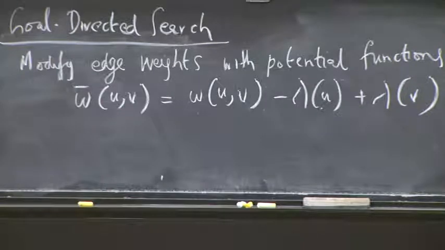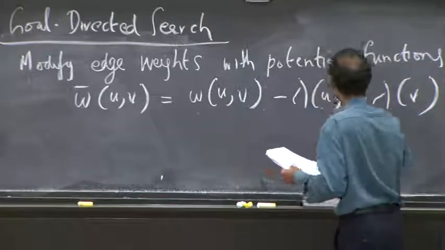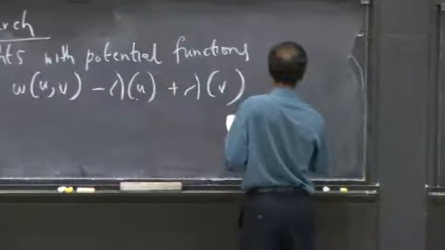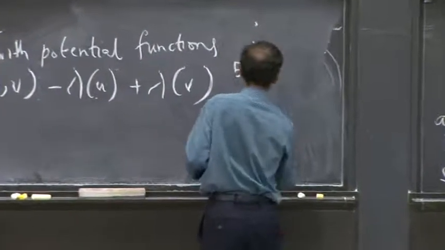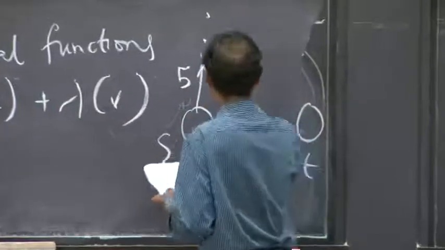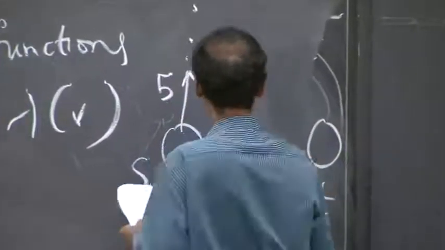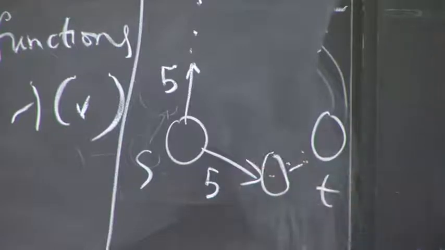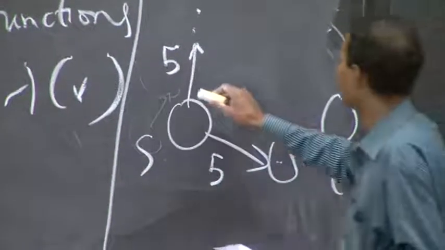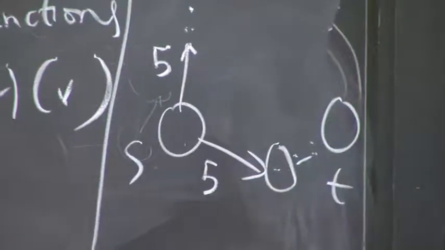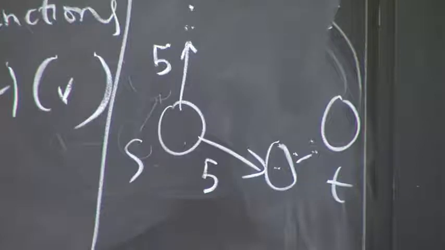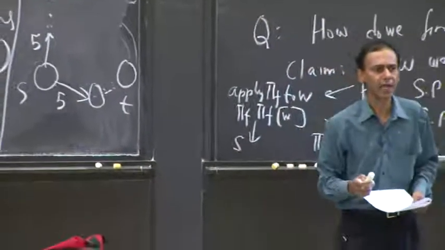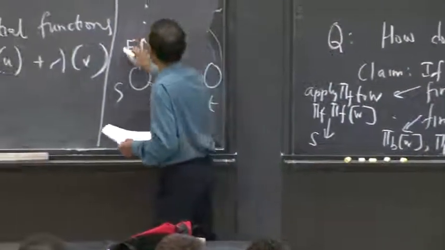Okay? Now, we have to be a little careful here with respect to the choice of lambda. But the basic idea in terms of lambda is that suppose you have something like this, where you have a source vertex S, and you're again trying to do single source, single target going to T. And let's say you have an edge of weight 5 going out and an edge of weight 5 going out this way. Is there a way that you can guess that this is the edge that is more likely to be on your shortest path as opposed to this other edge, and increase the potential,